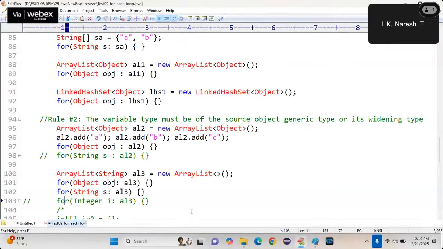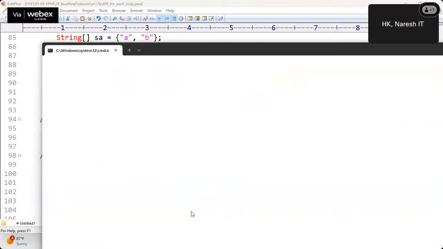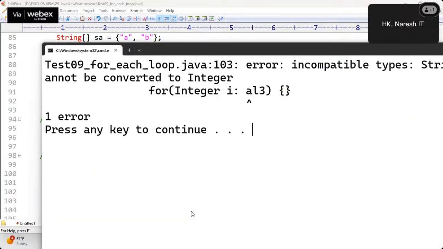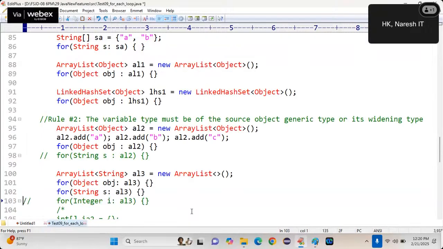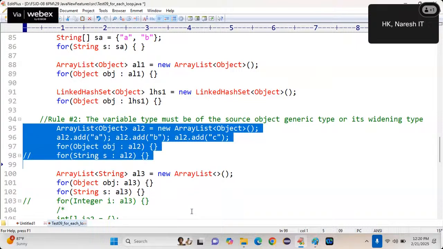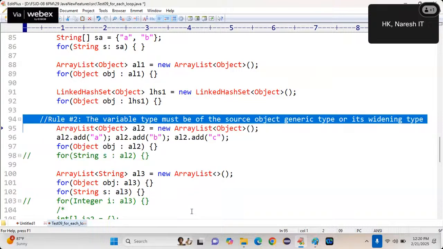Okay, then next question. Can I use as integer? Is there any compile time error? Yes. Why? AL3 type is what? String. String can be assigned to integer? No, incompatible. So rule 1, rule 2, if you remember, then it is easy to identify which is right or which is wrong. If you don't remember the rule itself, then program will become what? Oh my God, how many programs you will teach? मेरा दिमाग खराब हो रहा है. दिमाग में प्रोग्राम ना यूज करना, ये रूल अप्लाई करना. समझ में आया?